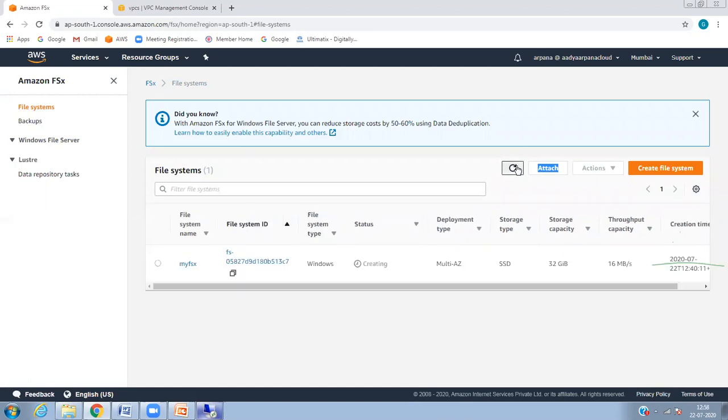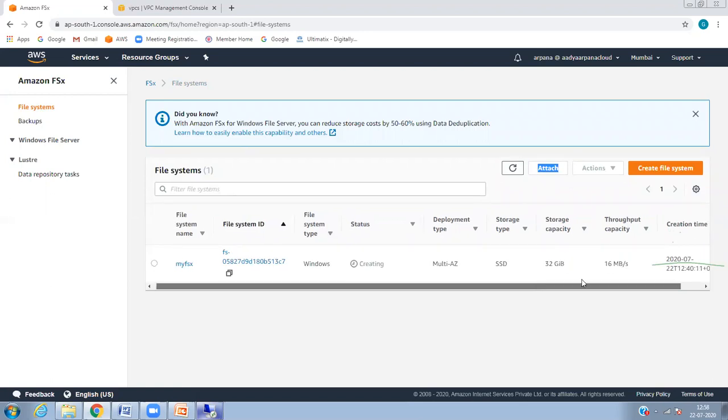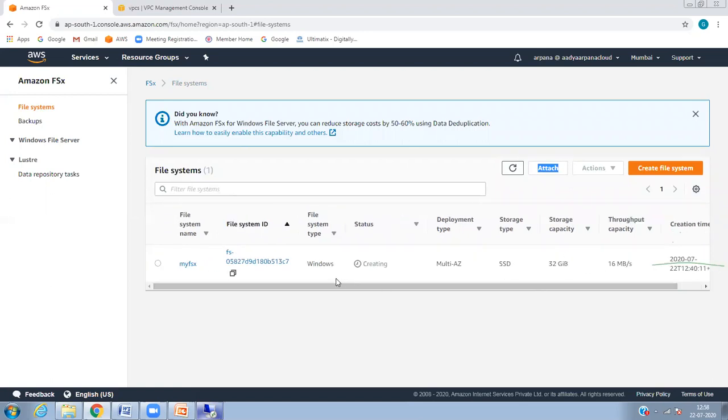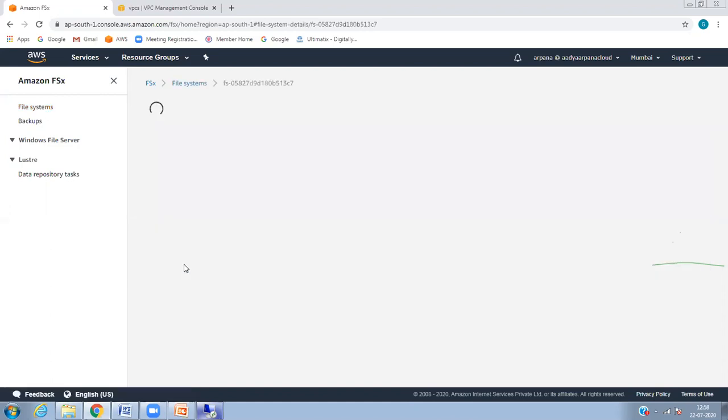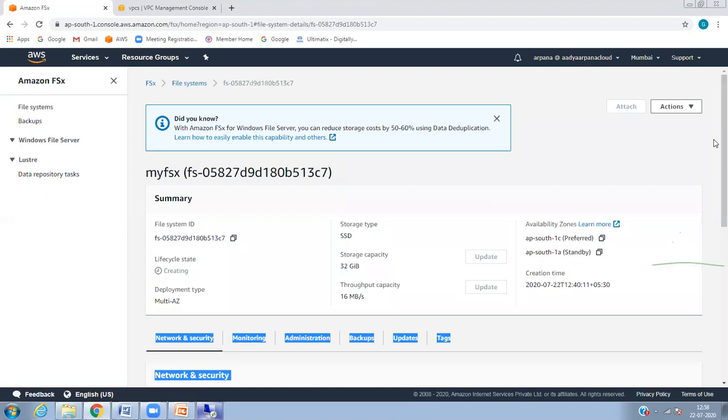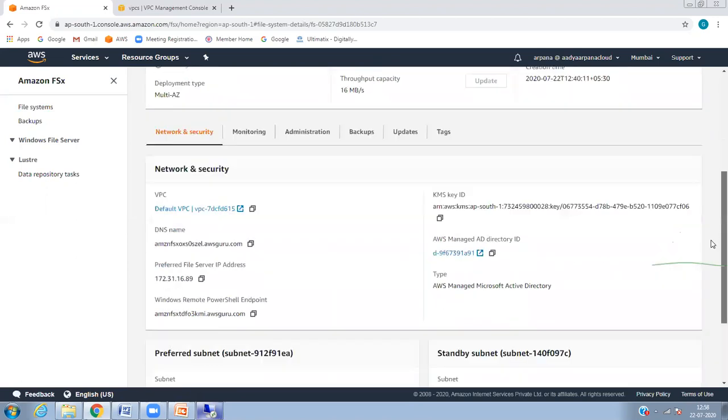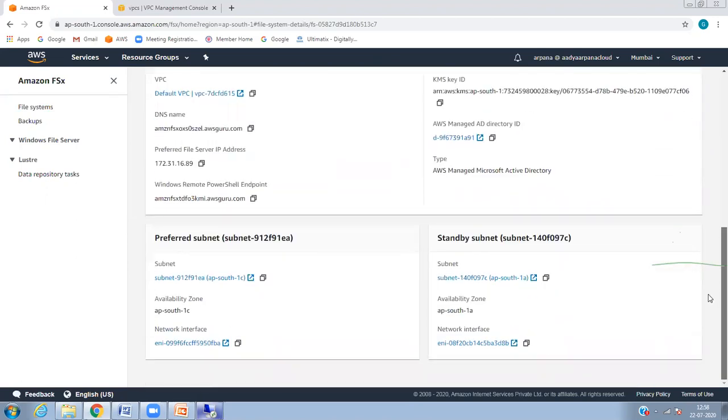Once it is active, then some options get enabled. But you see this attach? Once you click on attach, then you get the drive letter. Once you get the drive letter, you need to go to your server and map that.